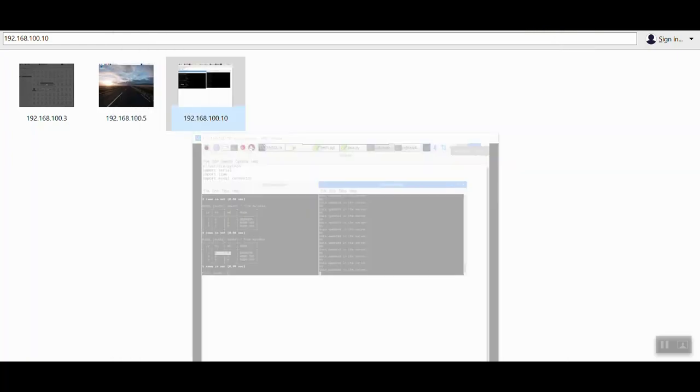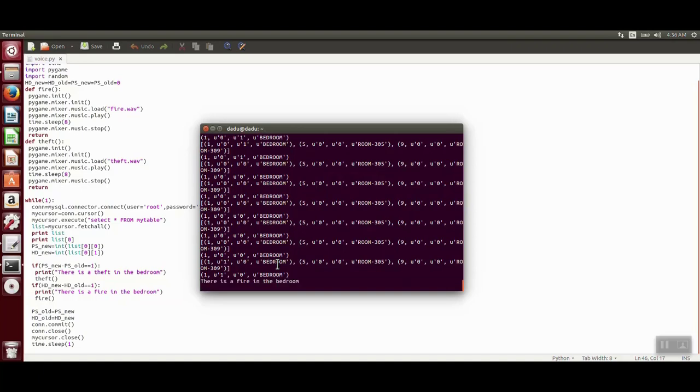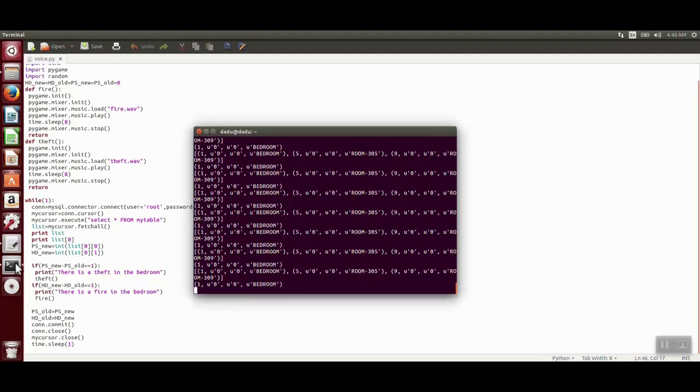So let us again go to my client machine, and what I will do now, I want to activate my proximity switch, and I should get a voice here in the client machine. So let us activate. Fire in the bedroom. Please attend. Now it is clear that there is some mistake in the program,